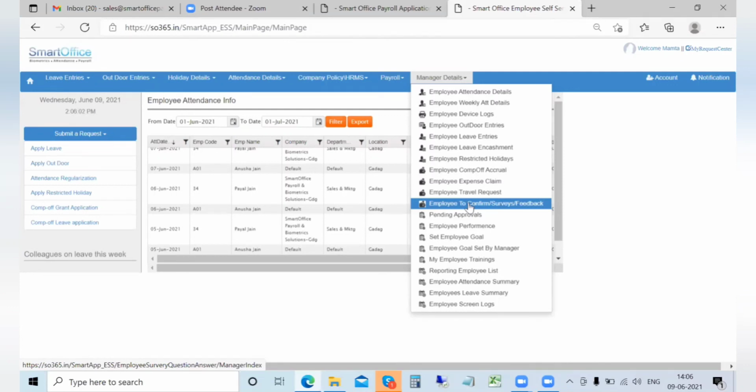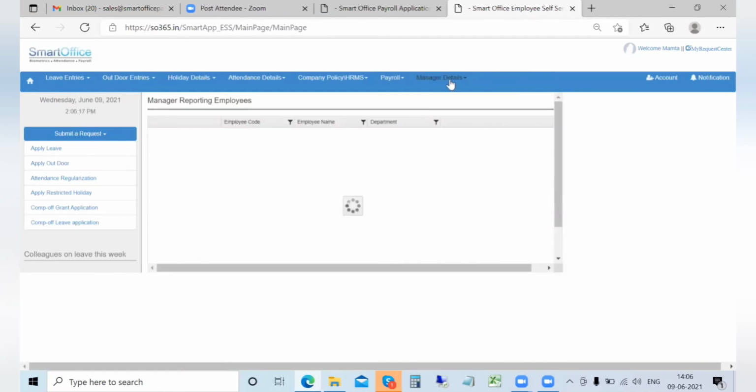If there are surveys or feedbacks conducted, then they can be visible. On the performance side, you can set the employee goal, and then you can see the employee performance submissions also. You can see your reporting employee list, and if you want to initiate resignation for those particular employees, you can do it from here.